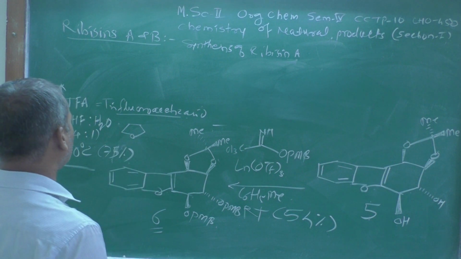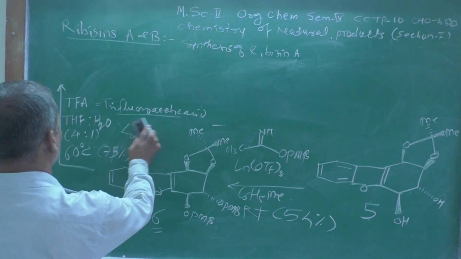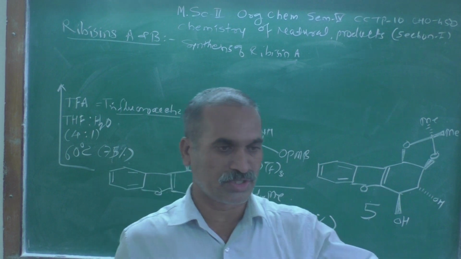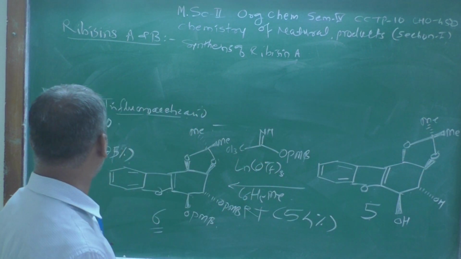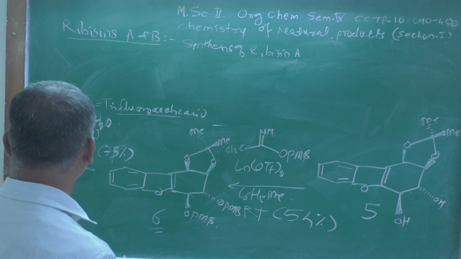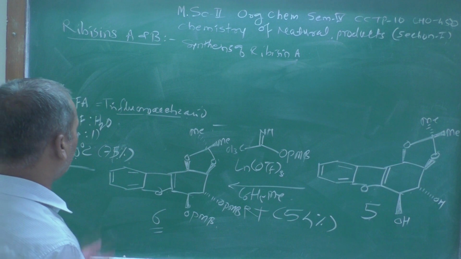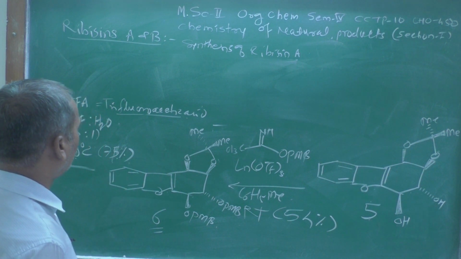So this is THF, tetrahydrofuran, acting as a solvent here, and this reaction mixture is stirred at 60 degree centigrade or reflux or boiled at 60 degree centigrade, and we will get the product in 75%, and